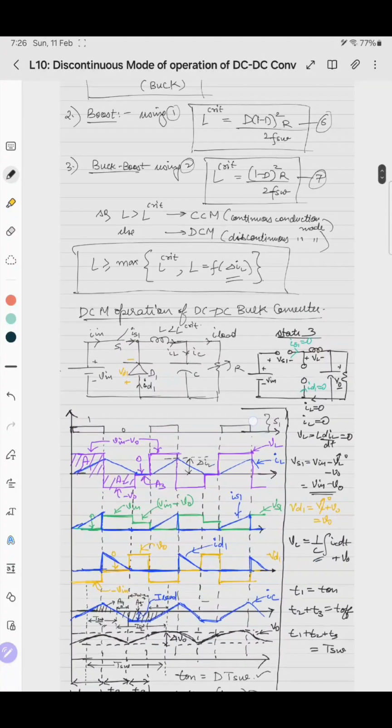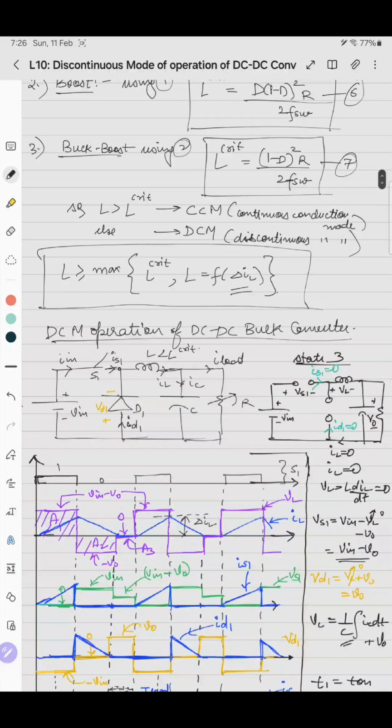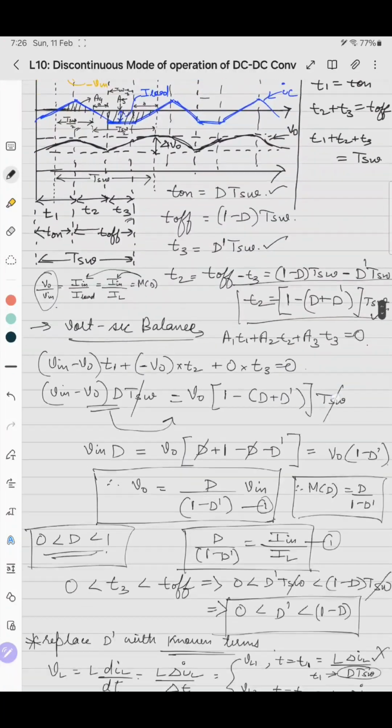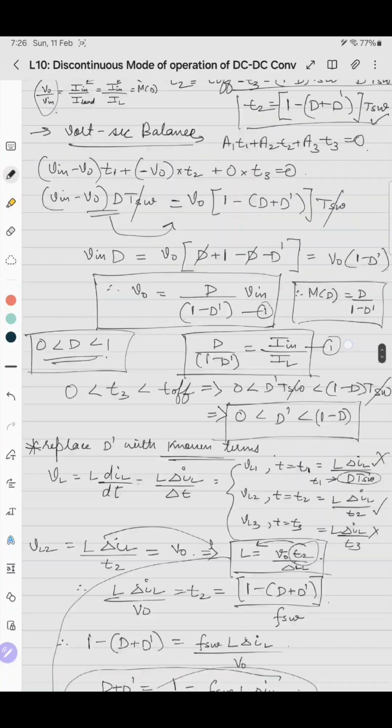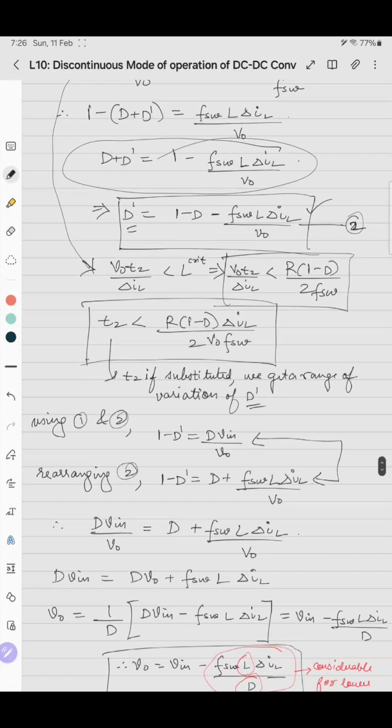So the operation of boost and DC-DC buck-boost converter in DCM mode, this you can try on your own, and you can draw the waveforms. You can derive the ratio between T1, T2, T3. You can write M of D, then you have to replace D dash,